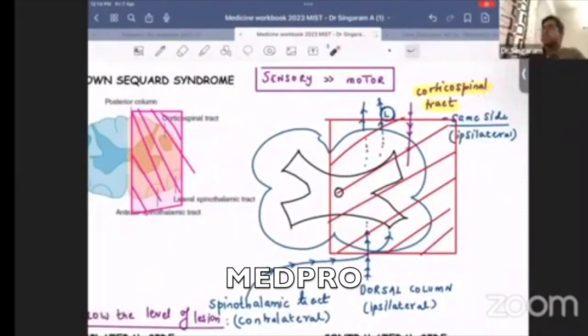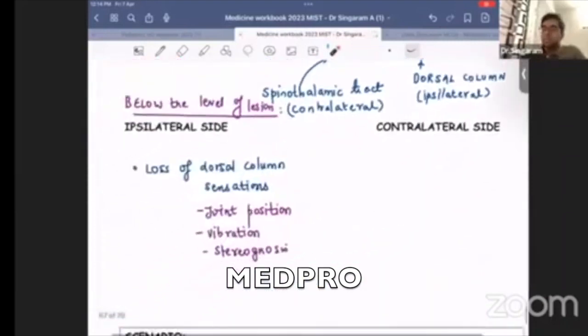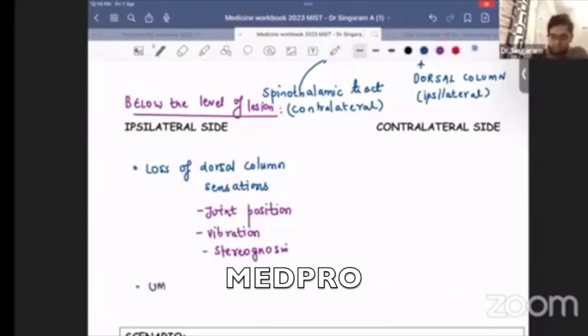So what will you have? You will have weakness of the limbs on the affected side below the level of lesion. What type of weakness will you get? UMN type of weakness or LMN type of weakness? Please remember, we are only talking about the corticospinal tract. Corticospinal tract is UMN or LMN? Simple. It is UMN. So you will have UMN weakness, upper motor neuron weakness,